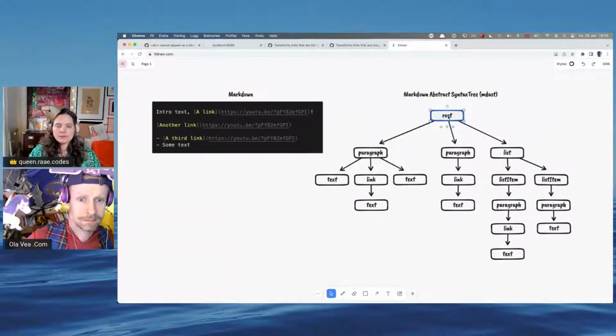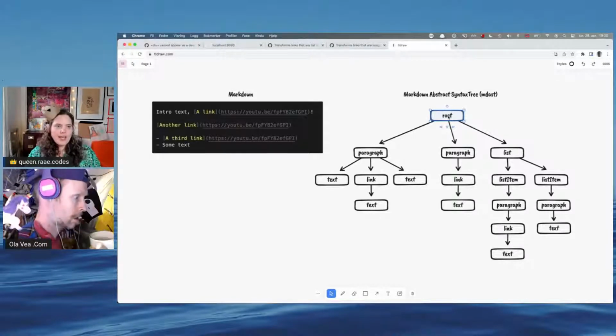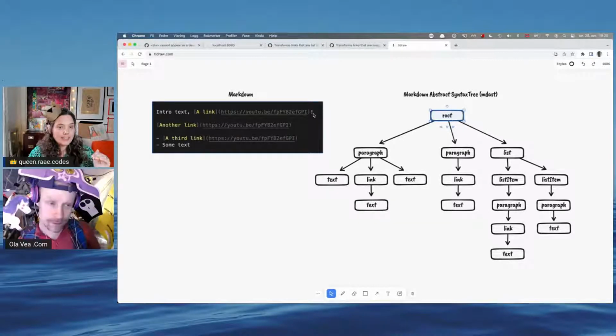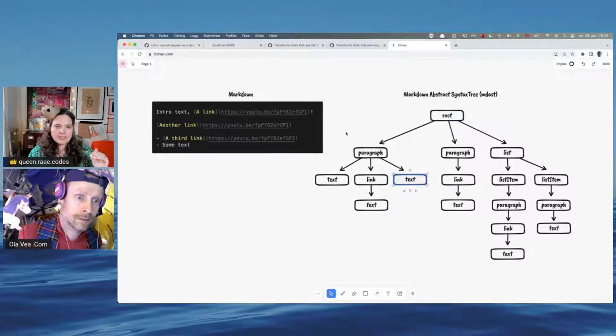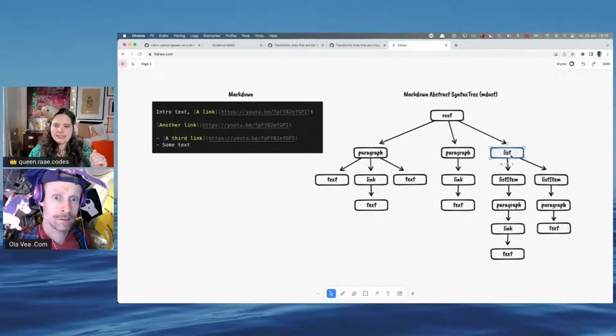So the first level of nodes is saying that this Markdown is a paragraph, a paragraph, and a list. Inside of this first paragraph, there's text, then a link, and then a little bit of text. This text node over here is actually only this exclamation point. Then there's another paragraph that only contains a link. And then there's a list that contains two list items.